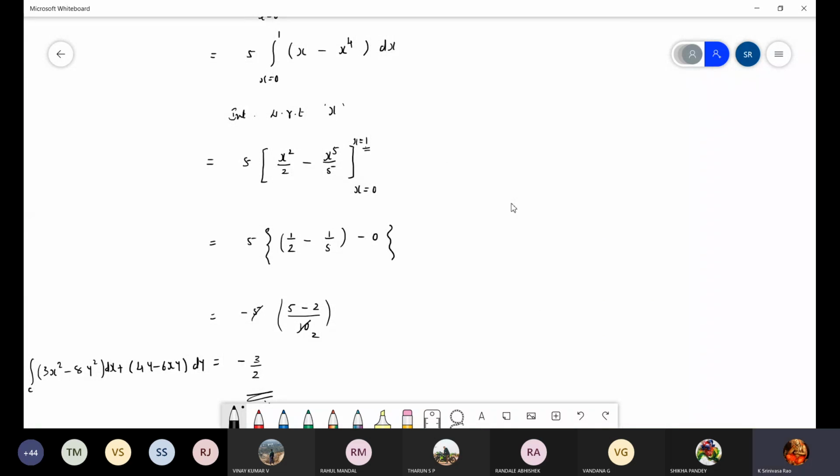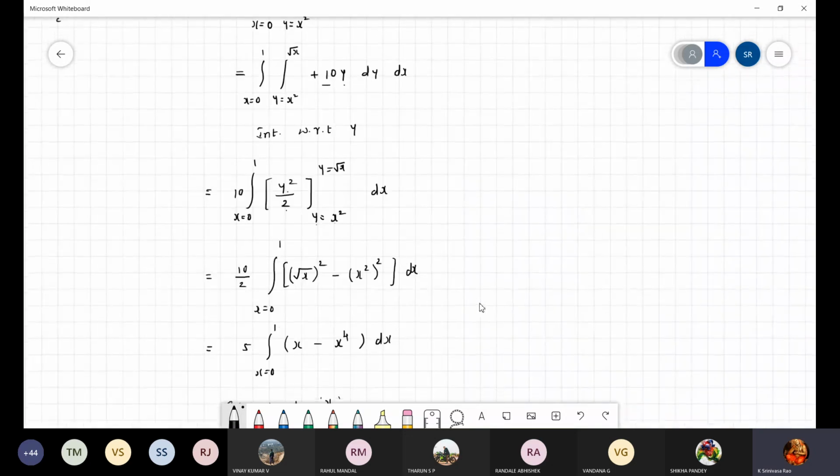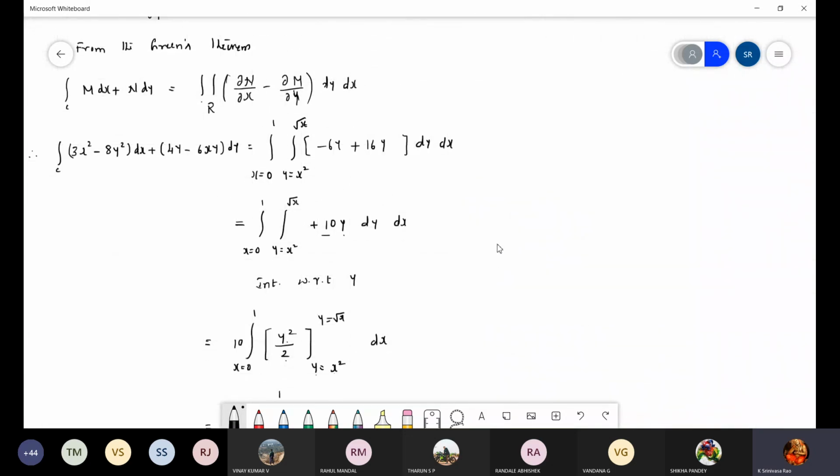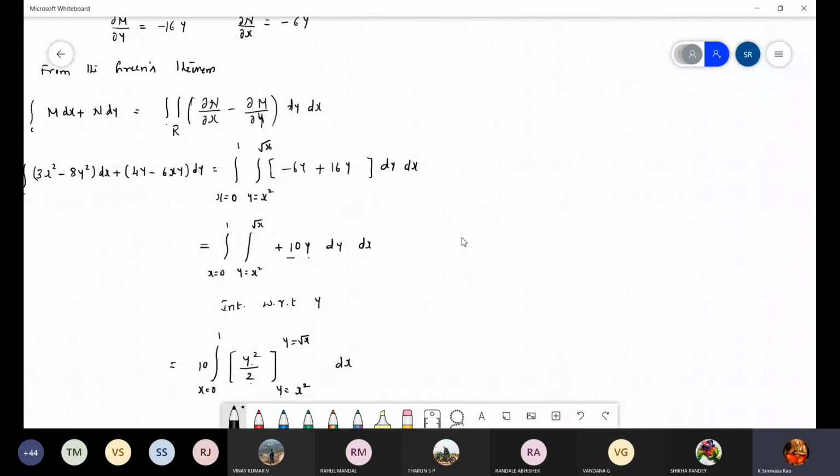Please identify the mistake there only. Okay, so that shows your activeness. Yes, the final answer is plus 3 by 2. Sorry from my side. Even though, you people also should be very careful. Yes, it will happen like this.